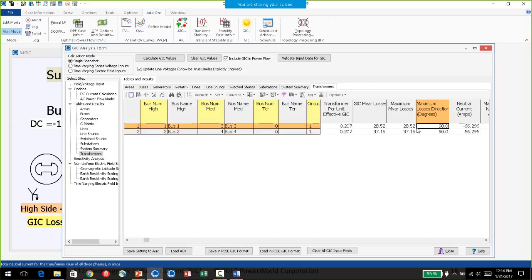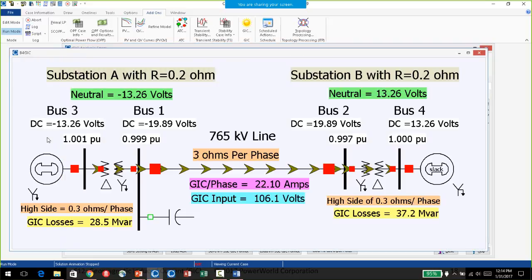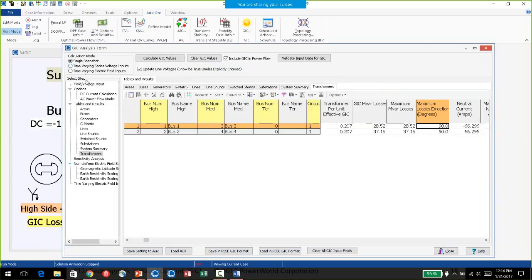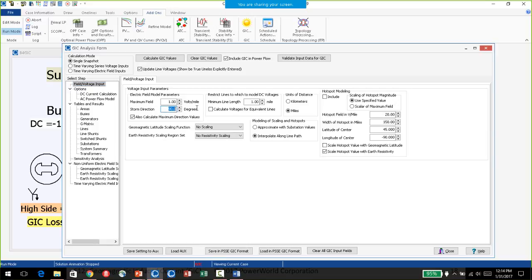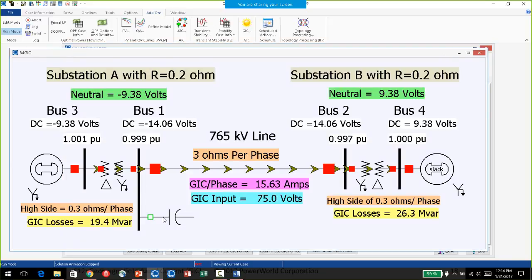Now in this case, because there's just one transmission line and there's two substations that are on an east-west orientation, the 90-degree storm direction is in fact the worst case, which is what we entered. Actually, what I should have had you do is enter a storm direction of, say, 45 degrees. And then if you do that, it'll still tell you, so 45 degrees is going to be, the dot product will be, what is that, the square root of 2 factor for the cosine there.